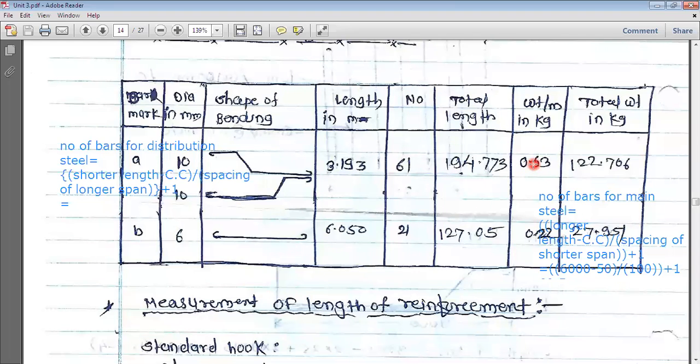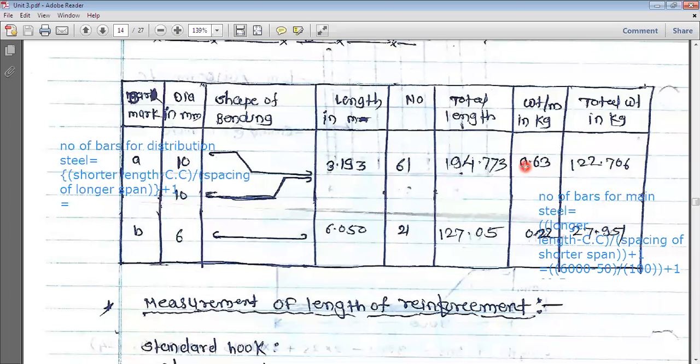Weight of the bar. How we are going to calculate the weight of the bar? Diameter of bar is known to you. What is the diameter of the bar along the main steel? Diameter of bar is 10 mm. So what is the formula to determine the weight of the bar? Weight of the bar equals to d square divided by 162. So d is nothing but 100. So 100 divided by 162, your weight of the bar per meter comes as 0.6172. That is 0.62 you can take. So 0.62 is nothing but the weight per meter, for 1 meter length.